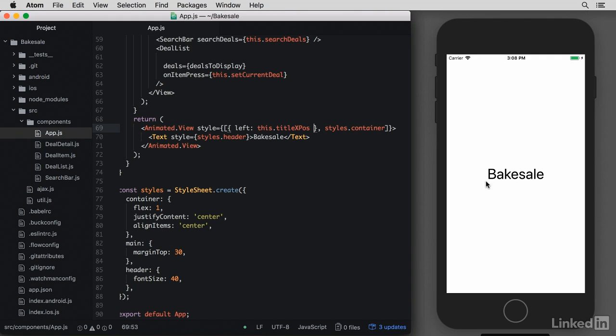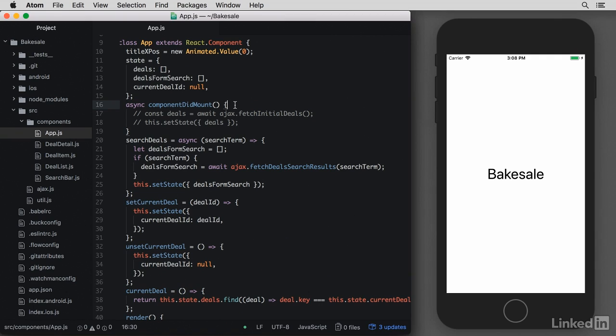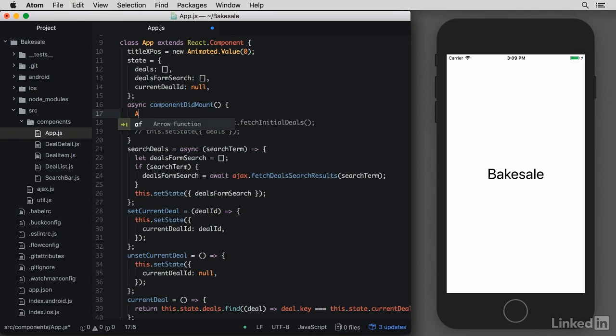So let's first test an animation of left from 0 to say 100, and I would expect the word to move 100 pixels on the screen. We can do that in componentDidMount. We need the word to exist in the UI first. I'm going to first use the Spring animation type to show you how that works. So basically we do